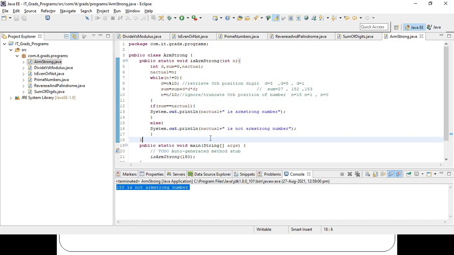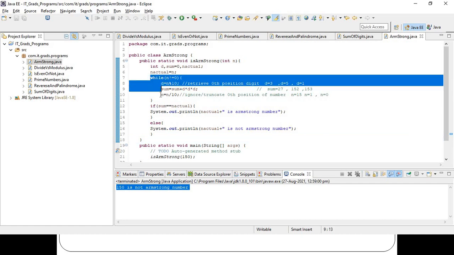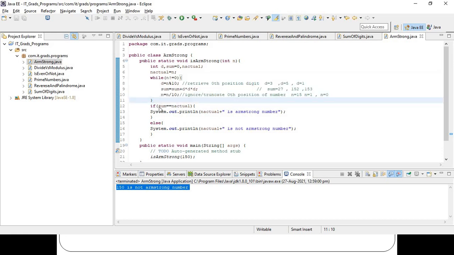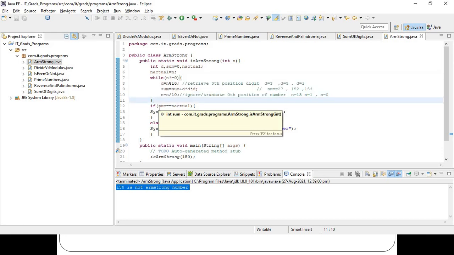Okay, so in future I will add some more interesting videos and programs so that you will also learn some concepts, right? In this program you were able to see what a while loop is. In my previous program you were able to learn what an if statement is. So parallelly, along with the programs, you are also learning some concepts.